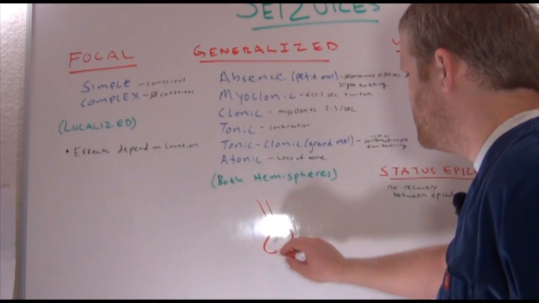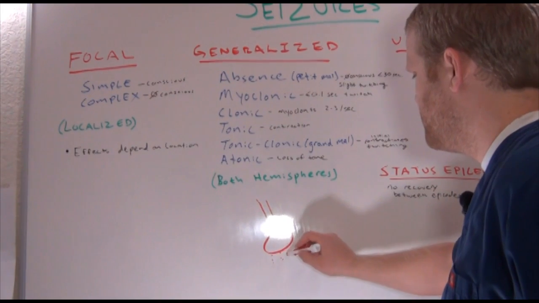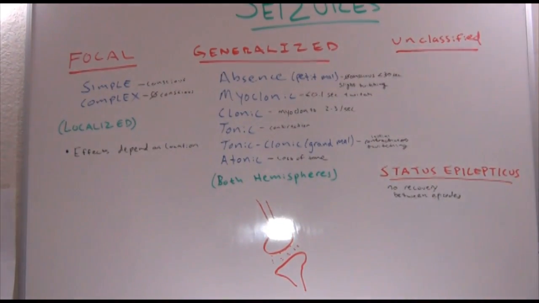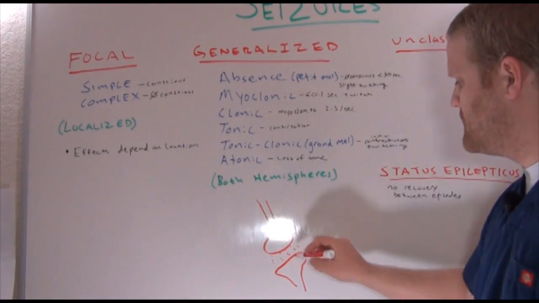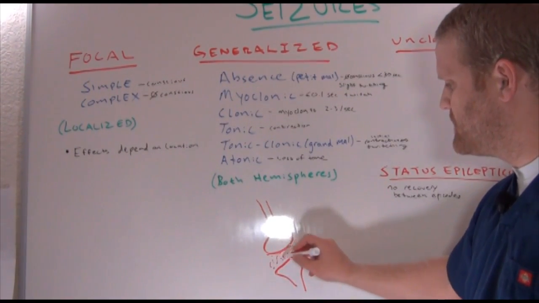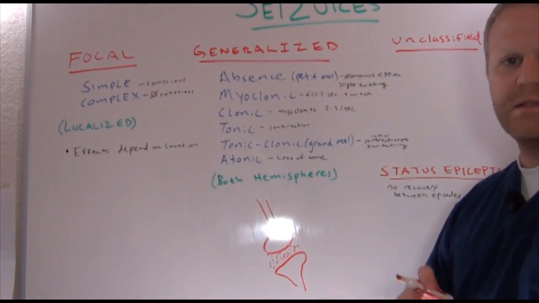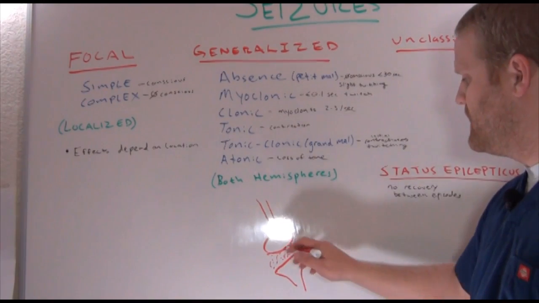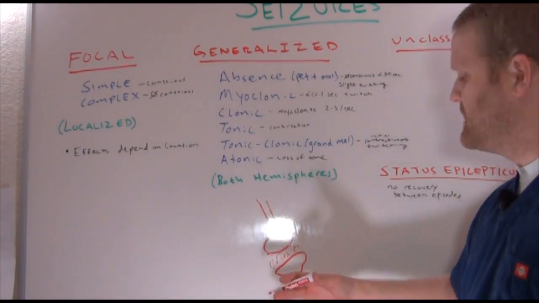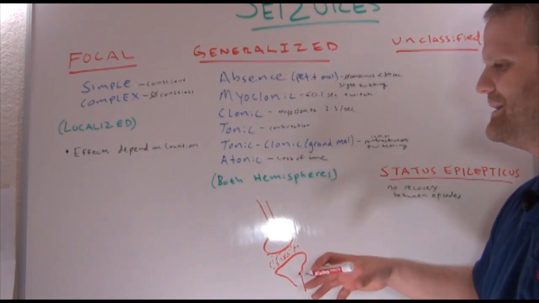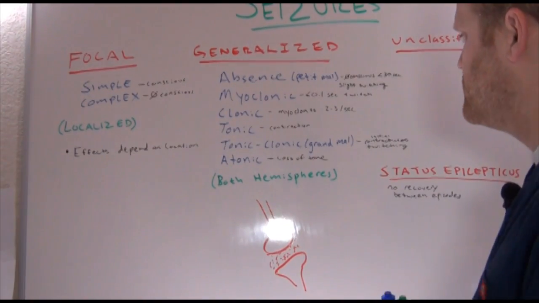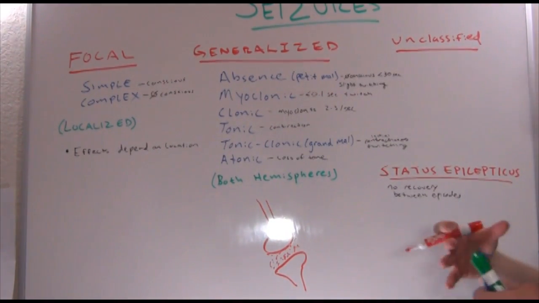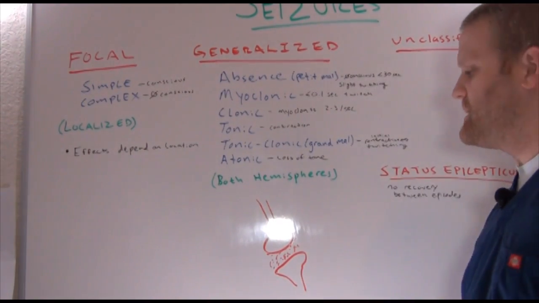Okay, so we know we have our axon. At the bottom of our axon we have where the neuron actually lets out these neurotransmitters, and then we have our receiving end, of course. So what's happening during a seizure is we're having this overexcitement of these neurons. So it's just letting out all these different neurotransmitters. We have dopamine, serotonin, norepinephrine, epinephrine. So there's all different kinds of neurotransmitters, and that's where the overexcitement is happening. It's just letting out all this extra neurotransmitter, and so it's causing this seizure in the brain. Okay, so that's really the definition of seizure. It's this uncontrolled, way too much, abrupt, sudden excitement of these neurons.